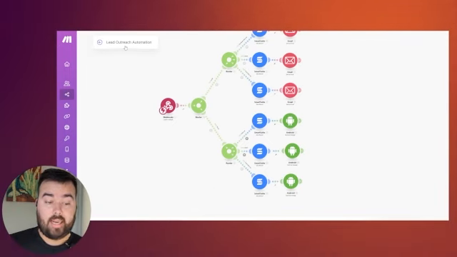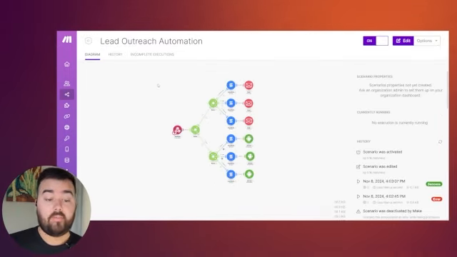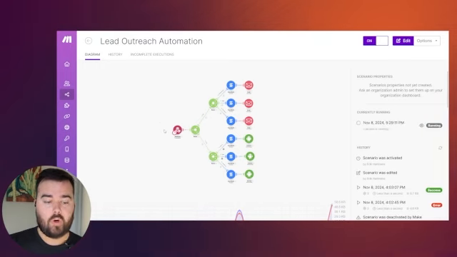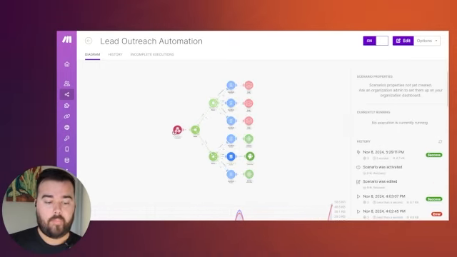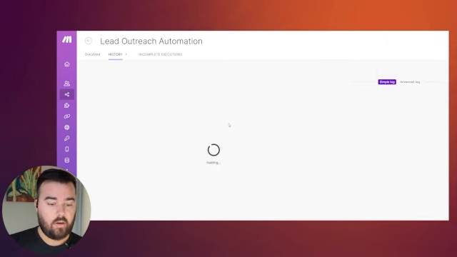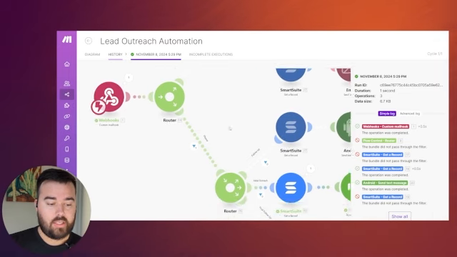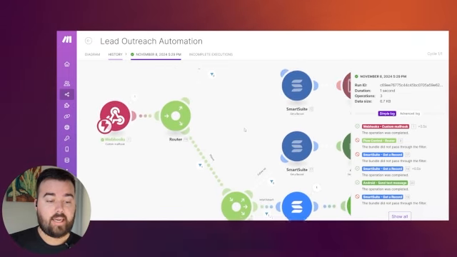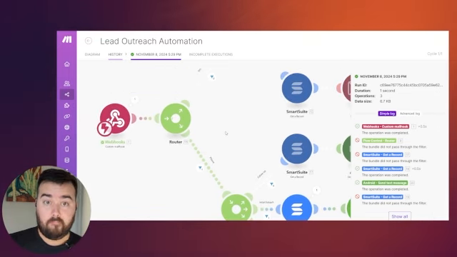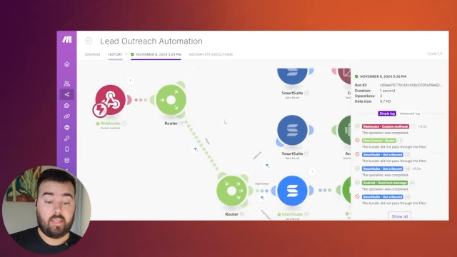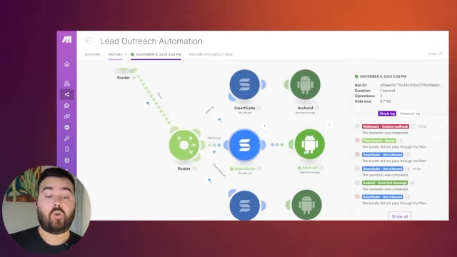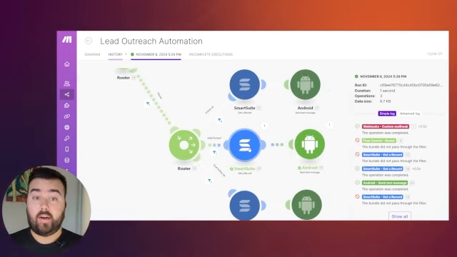I'm going to be able to back out, and I believe I had this set up on my phone, so it's going to follow the path. And you can specifically see if I zoom in here, you'll see that the automation recognized that the phone preference was recorded in the message, and then the initial outreach was set up, pulled the record so it could gather the information it needed from SmartSuite, and then sent this